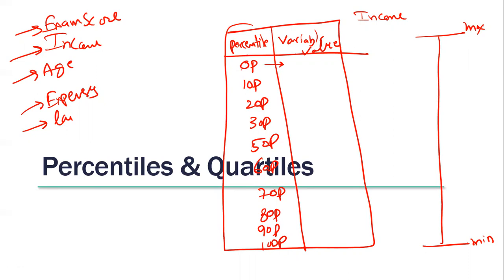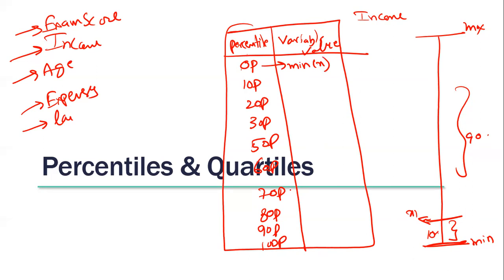When you ask for 0 percentile, or let me give you a different example. If you ask for 10 percentile, Python will find a point where below that point 10% of the data is there, above that point 90% of the data is there. Exactly that point will be given to you. If you ask for 0 percentile, what will Python give you? It will find a point where below that point is 0%, above that point is everything. It will give you what value? Minimum value of that variable.